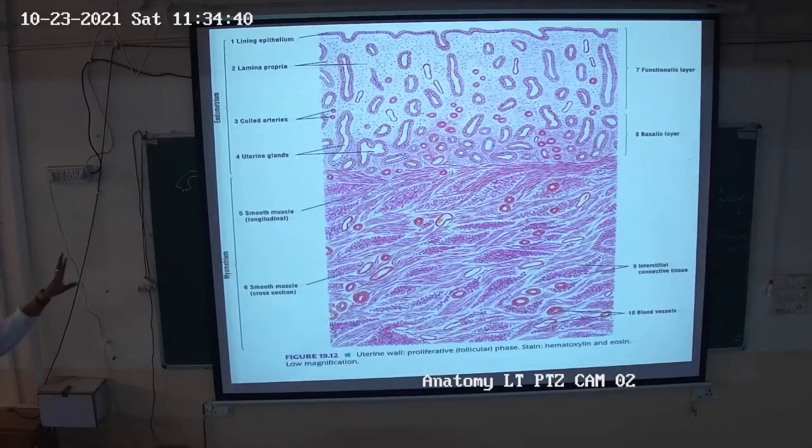तो यहाँ क्या दिख रही हैं, दो चीज़ें हैं, functional layer and the basal layer in the endometrium, which is going to change according to the stage of the menstrual cycle. So we have here uterine glands which secrete the uterine fluid, which is required for the nutrition of the ovum, the implanted embryo and fetus. Then we have coiled arteries. Okay, now अब proliferative phase है, menstrual cycle क्या proliferative. Then we have secretory and the menstrual flow.